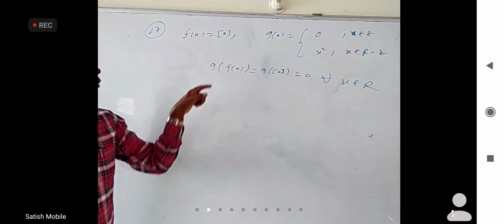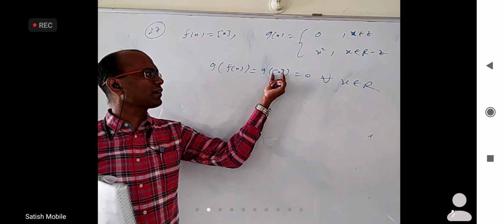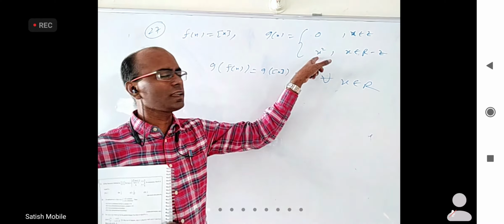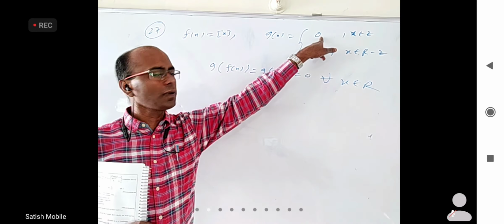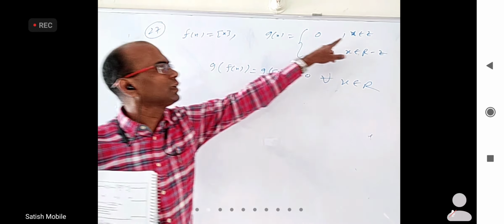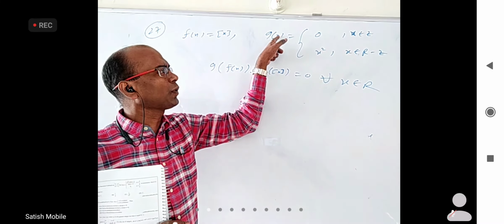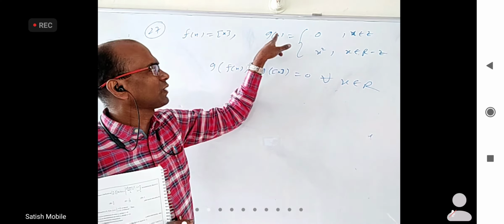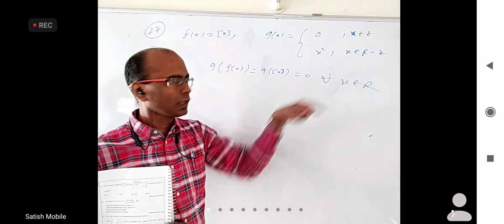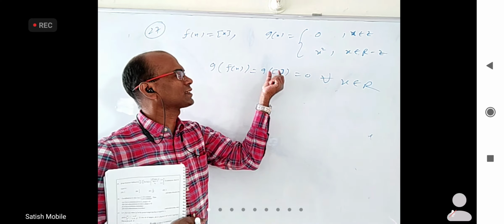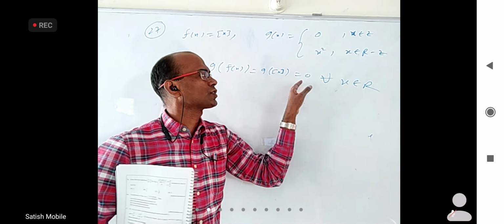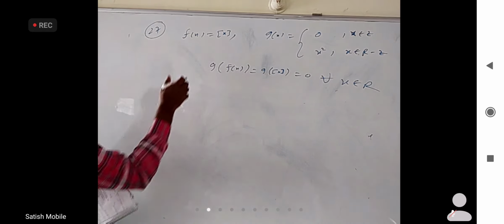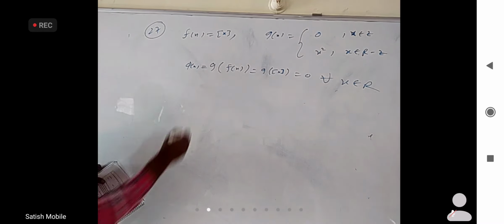Why? Whatever x you substitute, the integer part of x will give you an integer only. And when you substitute an integer, should you substitute in the upper one or the lower one in g? In the upper one. If you want g of 7, it is 0. If you want g of 2.3, it will be 2.3 whole square. If x is an integer, you substitute here. If x is not an integer, you substitute here. The integer part of x is always an integer, and for every integer, your answer is 0. So g of f of x, which is phi of x, is always continuous, a simple constant function.